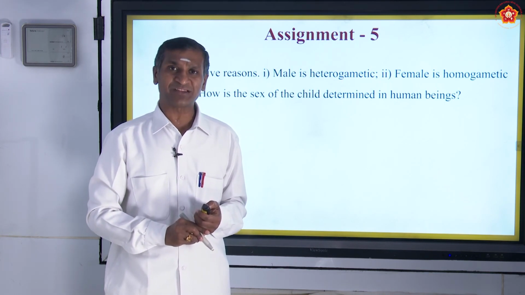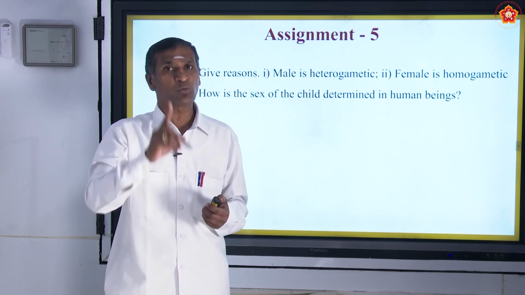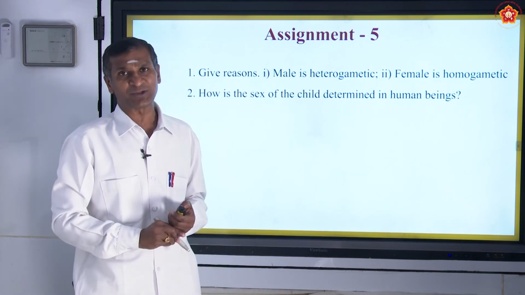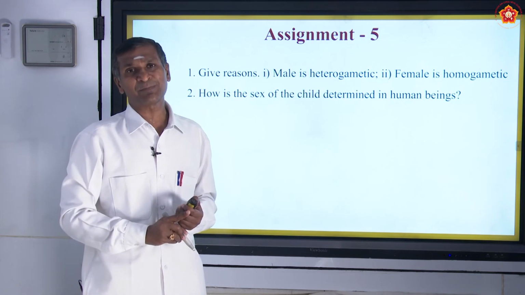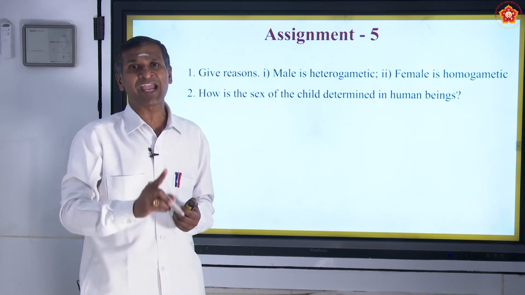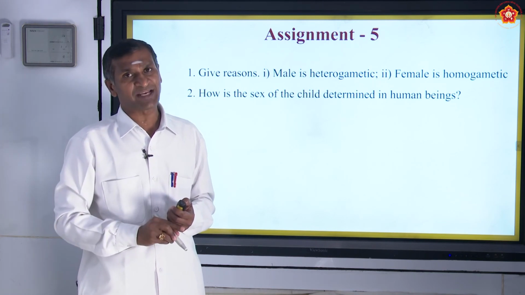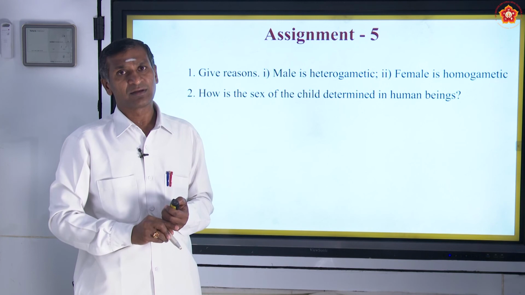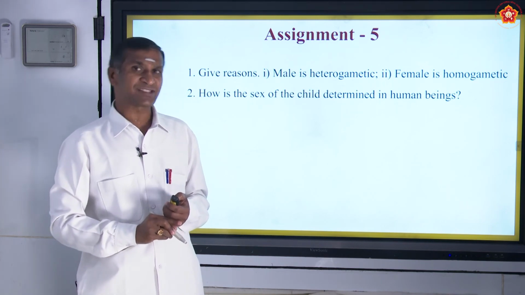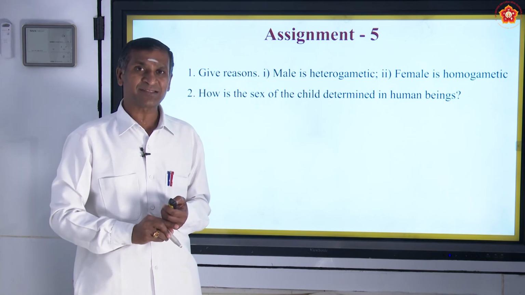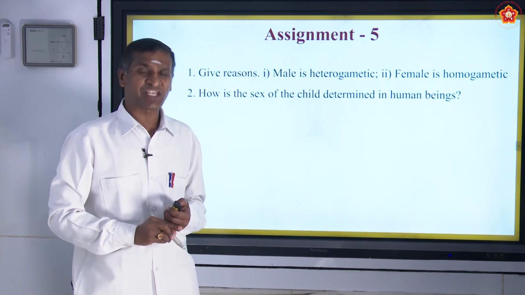Totally there are 23 pairs of chromosomes, and the sex of an individual is determined by only one pair of chromosome, which we understood. Further, we continued that it is father who is responsible for the born child to be male or female also. And it's a very important question from the exam point of view. Hope that you will recap in your respective places once again before we meet in the next class under the same chapter